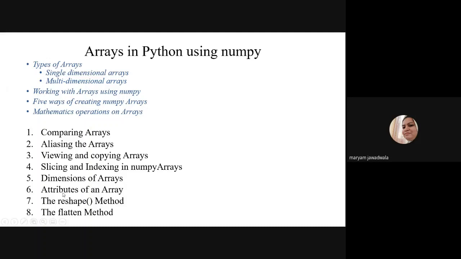Then we'll discuss attributes of arrays present in NumPy, which is very important, and then two methods defined in NumPy arrays, the reshape method and the flatten method. Let's take each point one by one.